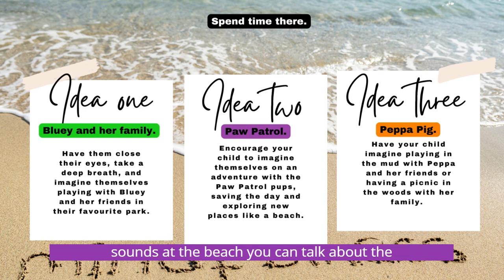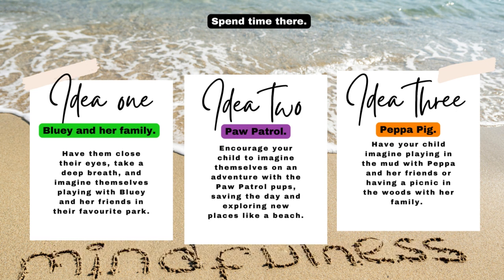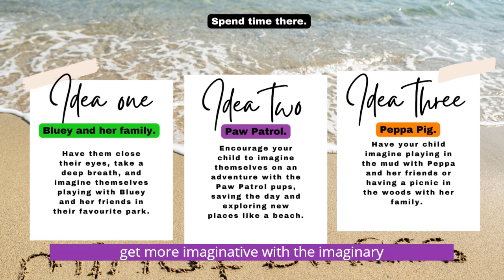You can talk about the waves coming in and out, the noises that the waves are making, the smells at the beach. Eating an ice cream at the beach. How big will your ice cream be? Will you have a flake in your ice cream? Will you have any sauce on your ice cream? As we get more imaginative with the imaginary place, we can help our child create a super happy place